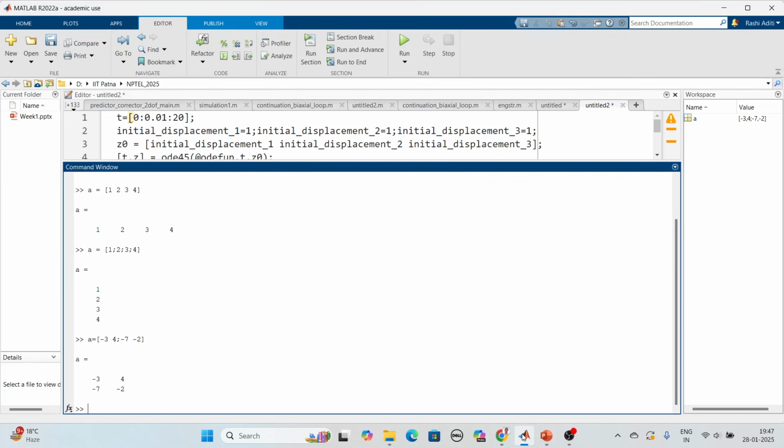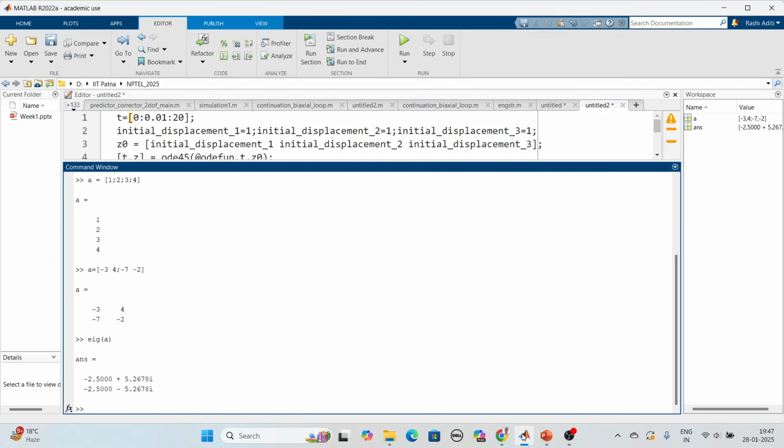Now we will write a command in MATLAB, EIG. After EIG, in the bracket, whatever matrix you are going to give, it is going to give you the value of the eigenvalues. Okay. So EIG of A. So see, it gave me the